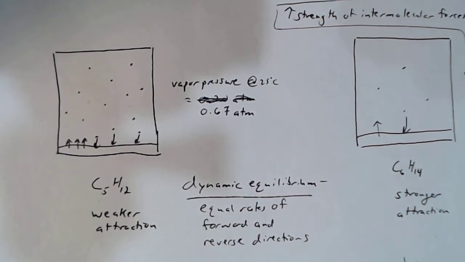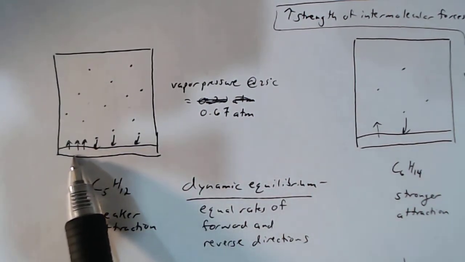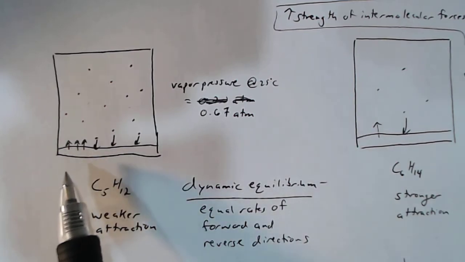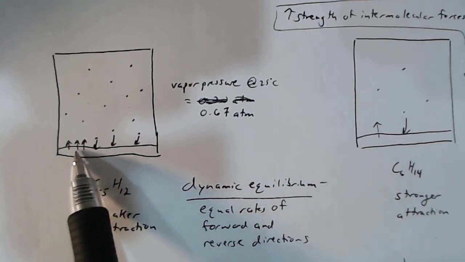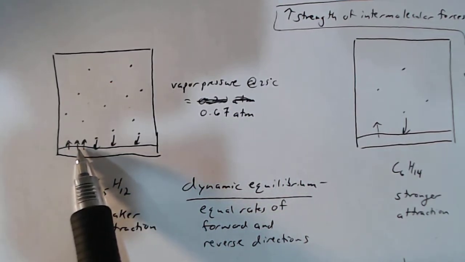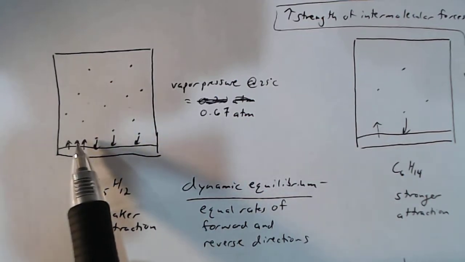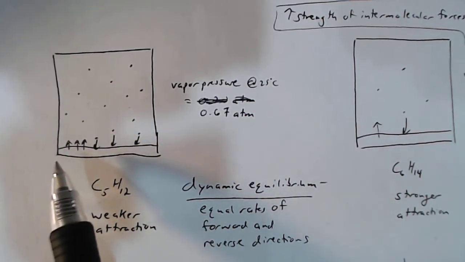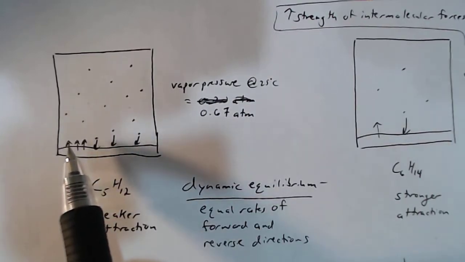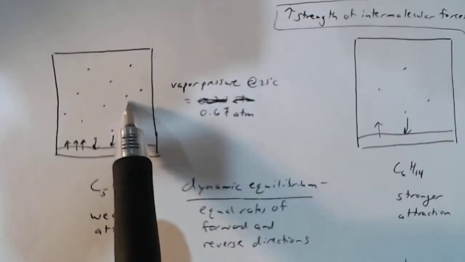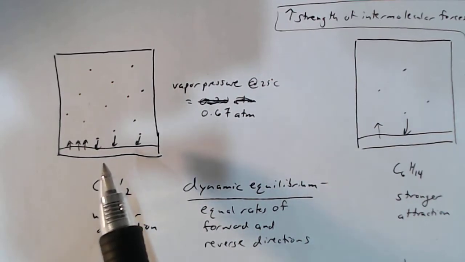Hi, everyone. So let's say that we put some pentane in a sealed container. Now, pentane is a liquid at room temperature, so we have this liquid here. But over time, some particles in that liquid will vaporize, turn into gas. And so eventually we will get to some point where there is a certain amount of pentane in the vapor